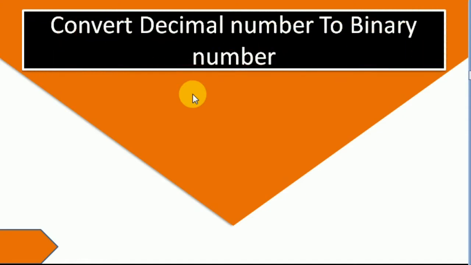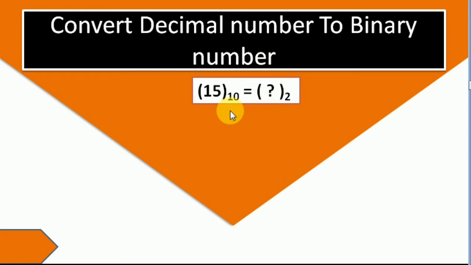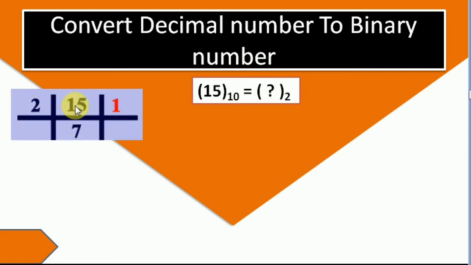So this is the value that we are going to use. You know that 15 is a decimal number, 10 is written here, and we have to convert it to a binary number. How are you going to convert it? By dividing the decimal number by 2. So first time when we divide 15 by 2, 2 7s are 14, then what is left? 1 is going to be left. We put it here as a remainder.